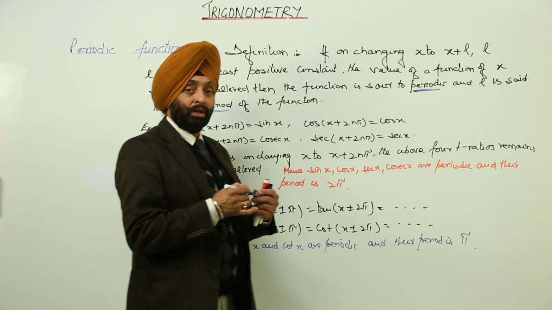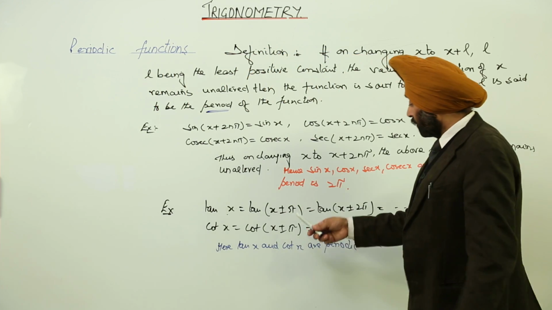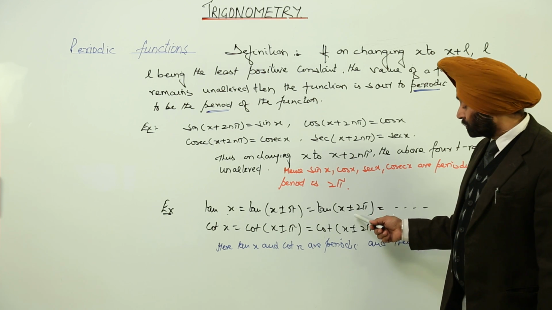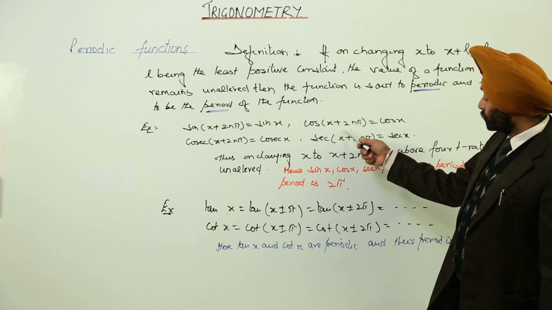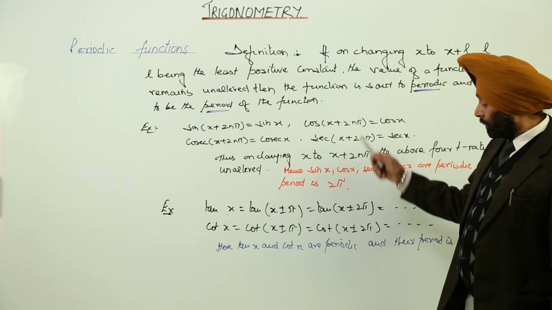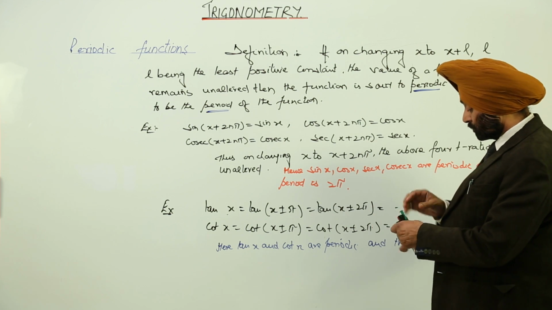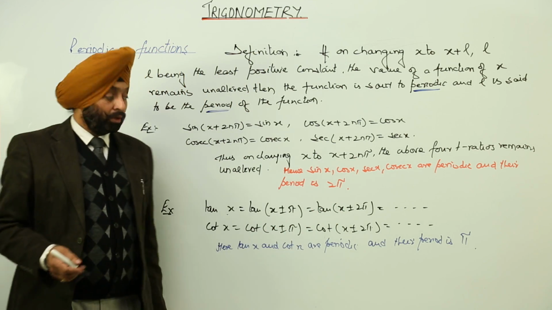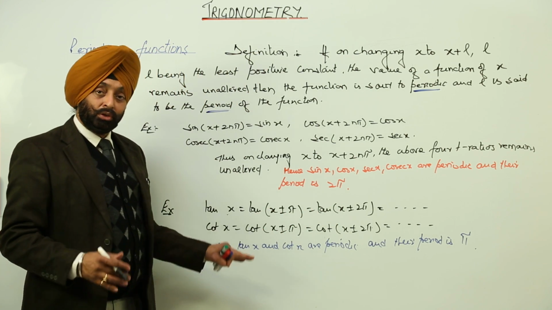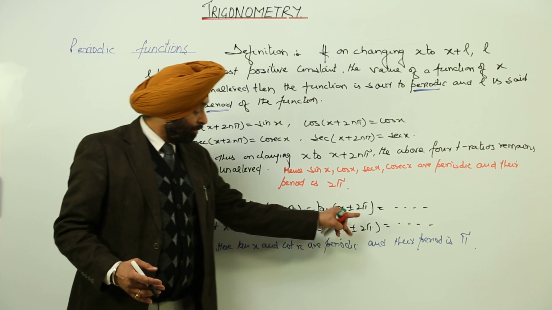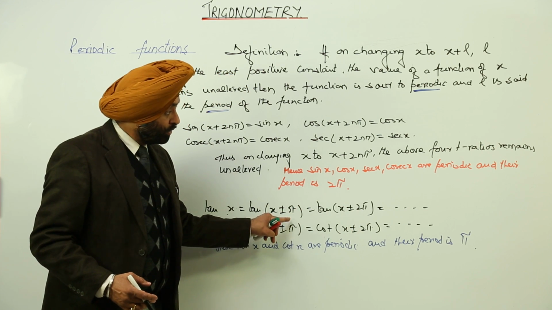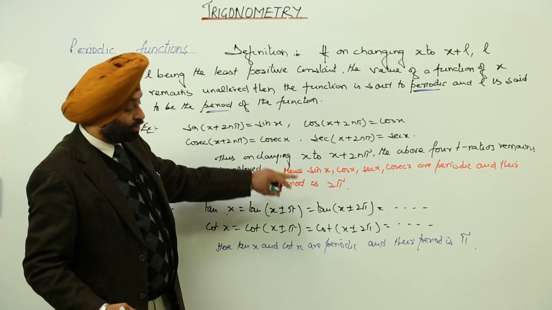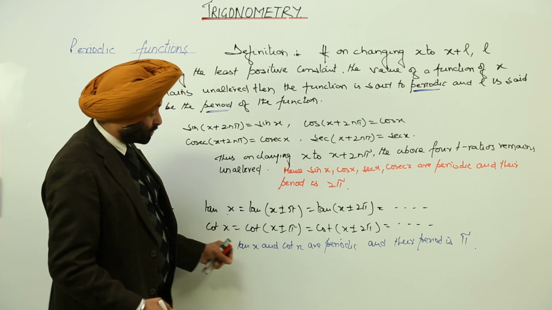Now why it is pi? Although we are having tan x plus 2 pi, plus minus 2 pi, and here also cos x plus 2n pi, here also 2n pi, so or 2 pi. But the least among 2 pi and pi, which is the least? Pi is the least, okay. So above 4 functions have the period 2 pi and these two functions have the period